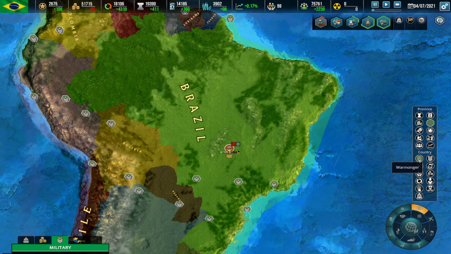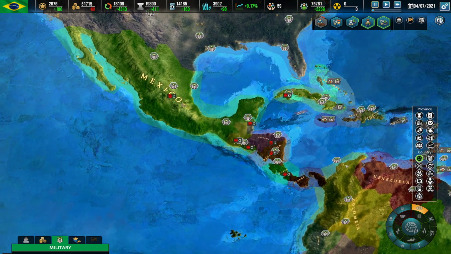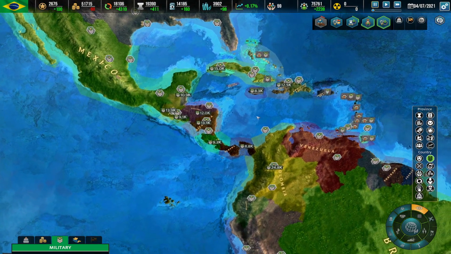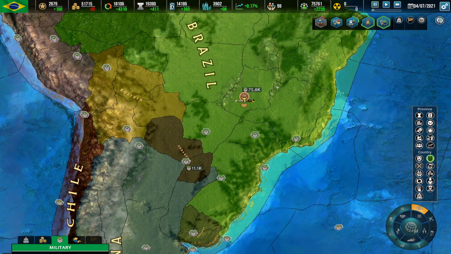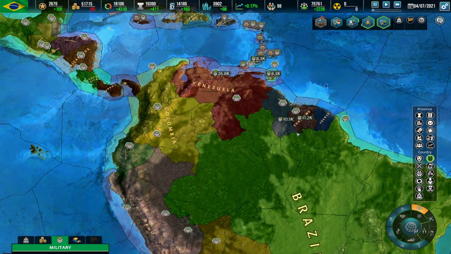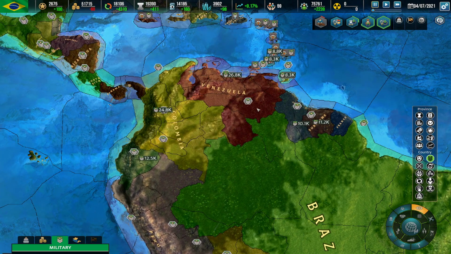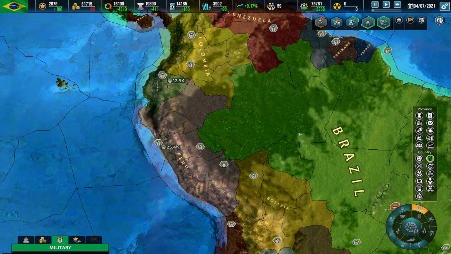Then down here, country, you see the warmonger, how much of a warmonger other countries are. Here you can assess that. You can assess province unit count, including unit count of other countries, which gives you an easier understanding of the forces, so you can start to calculate between yours and the enemy's if you want to attack